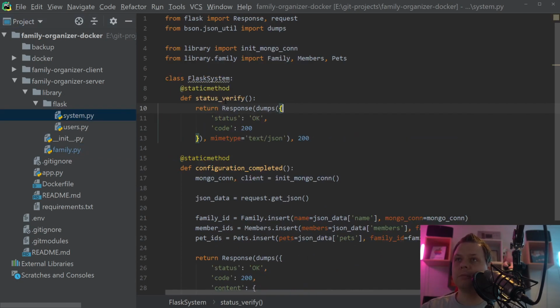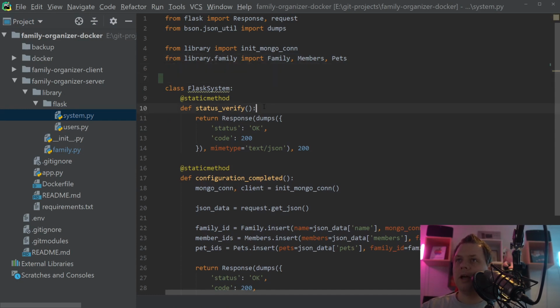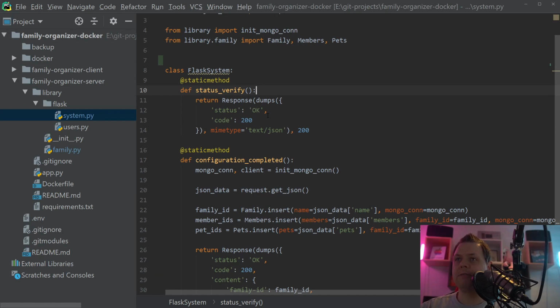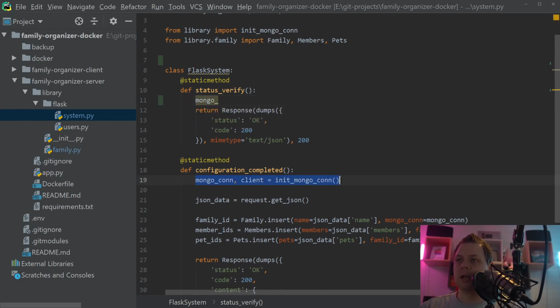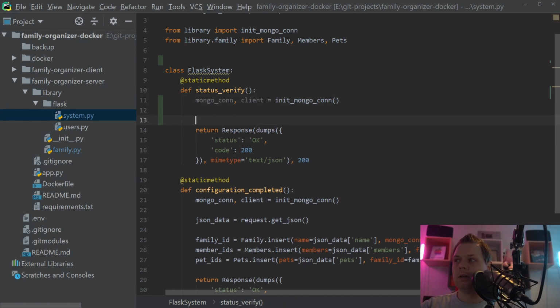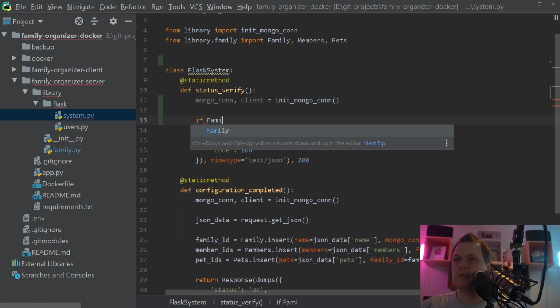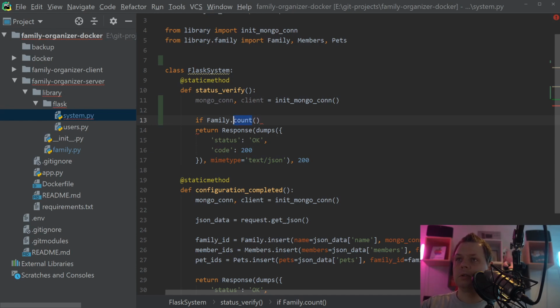Then we go in for the system. Inside here we have the system, and we want to respond 200 if we have a family counted up, and else we want to return 204, meaning no content. So that's what we want to do here. Let me just copy this line here, and then we say if family count is greater than 0,